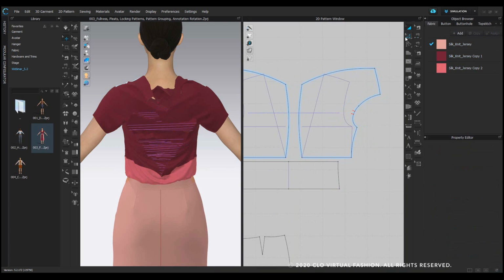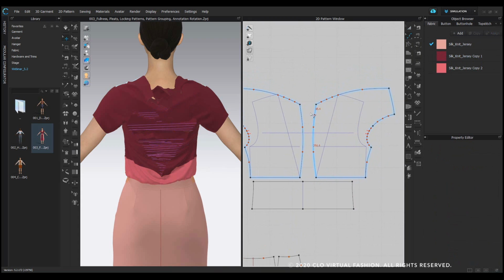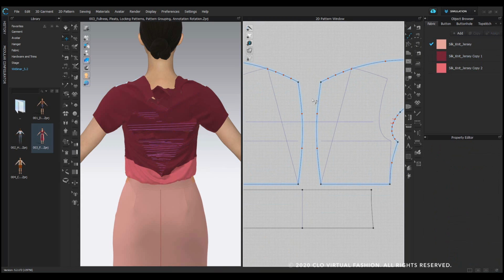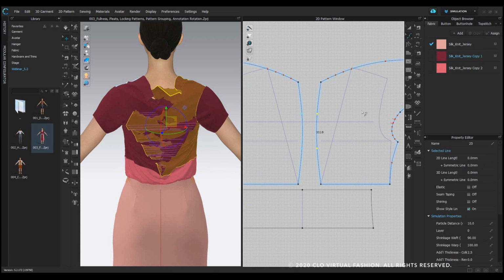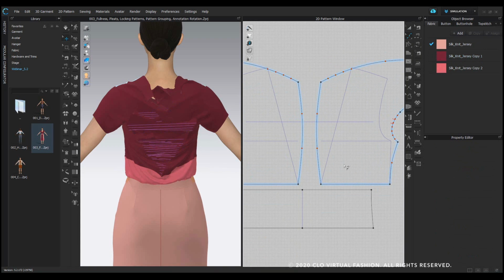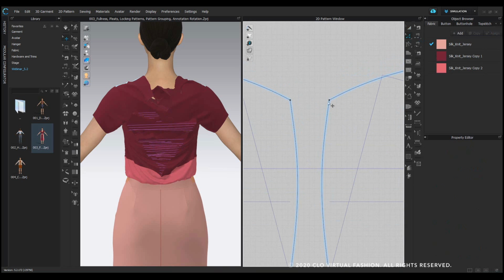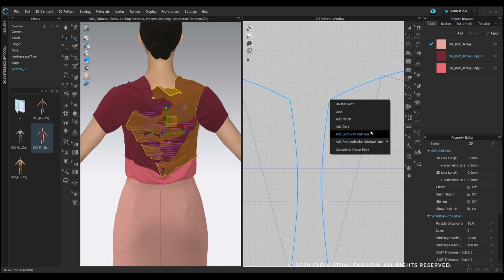Okay, so if I change to curve point, you can see there are some curve points around this area, and if I want to delete them, I need to delete them group by group. So this is how we do it in the older version, but now in 5.2 we can actually lock the segment points. So I can right click the segment point and then lock,